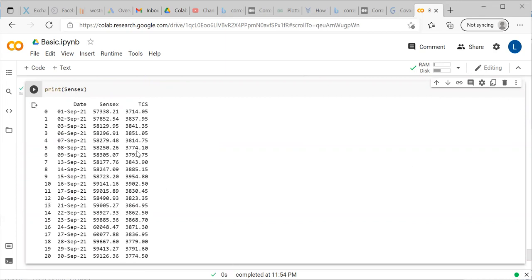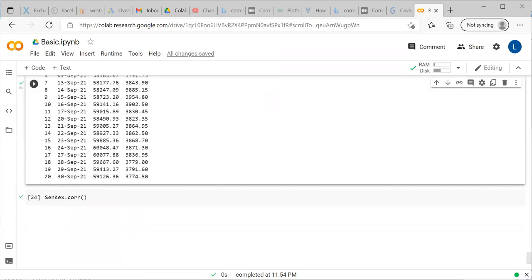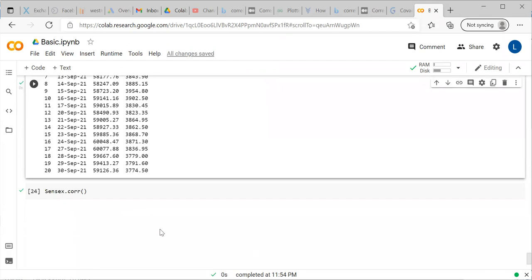So we want to analyze whether whenever the Sensex increases, TCS also increases. We want to analyze it, because if you are going to invest, you can do this analysis and judge. For that, we have already explained. The code is simple. After you import the pandas package, you just mention the name of the data frame.